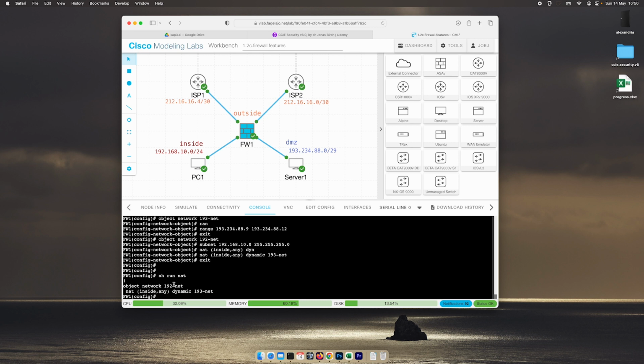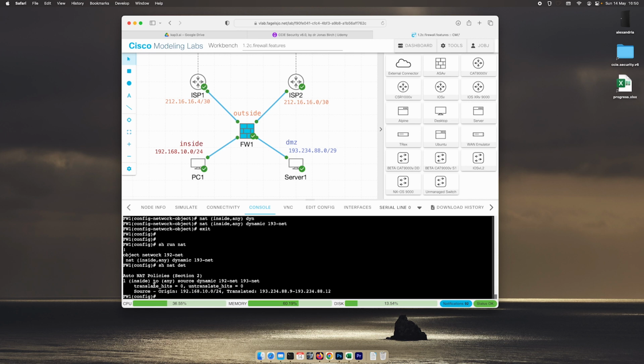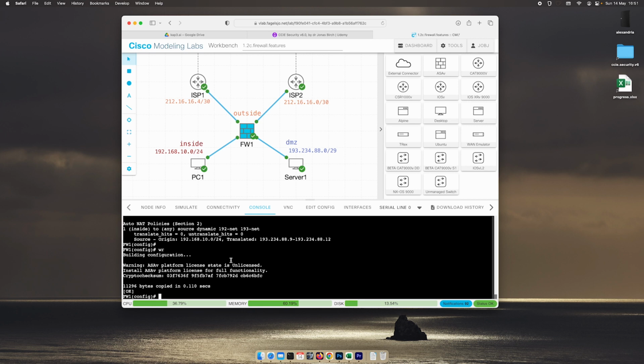So if we check our NAT configuration, it looks like this. And if we do sh nat detail, we can see that we go from inside to any interface, source dynamic from the 192 network, and we translate it to the 193 network, this range. So that's how you configure a dynamic NAT when you have a traffic group instead of the regular interface. Okay, so